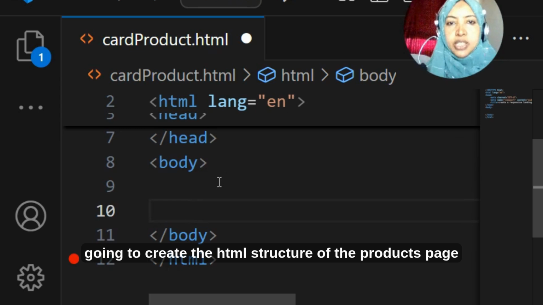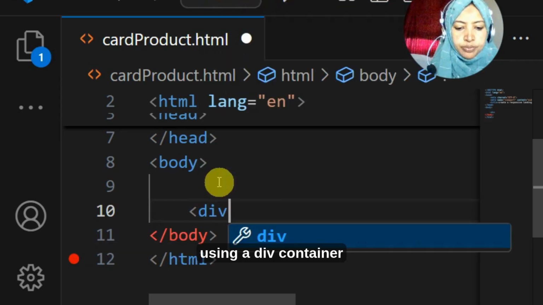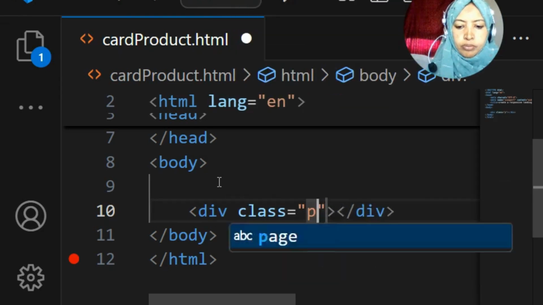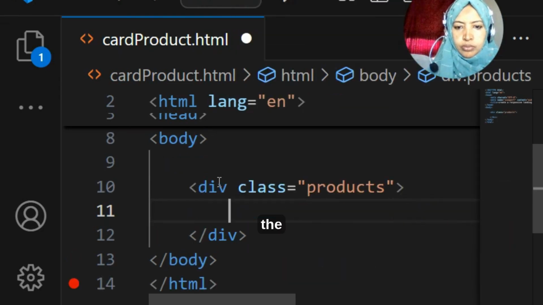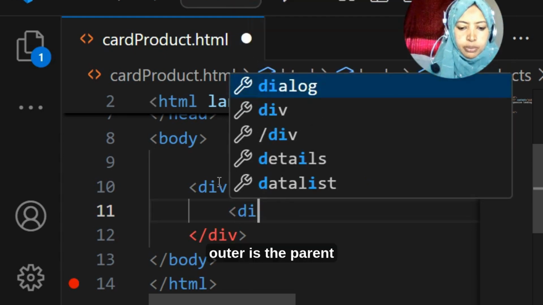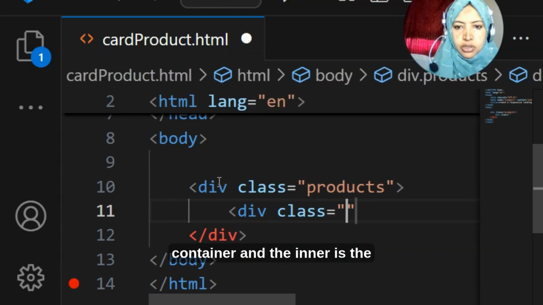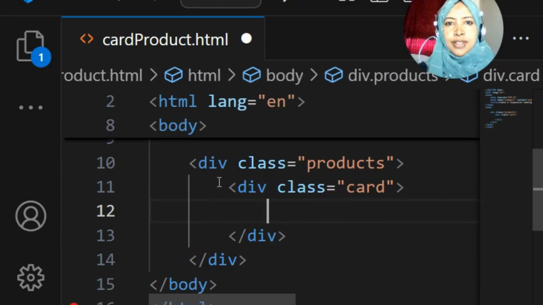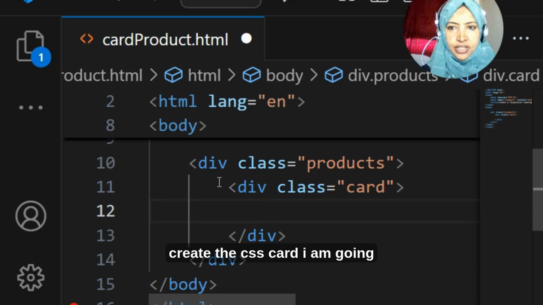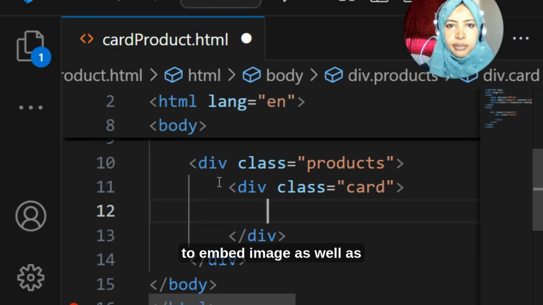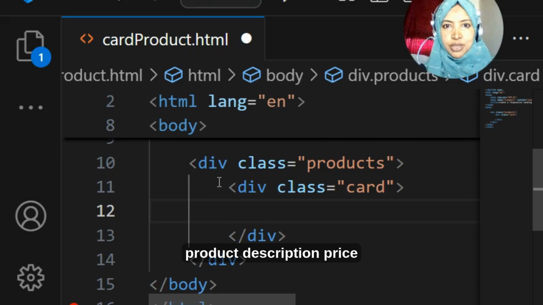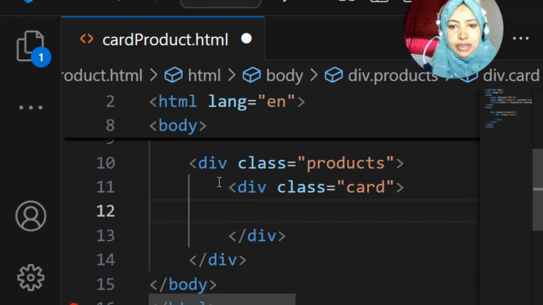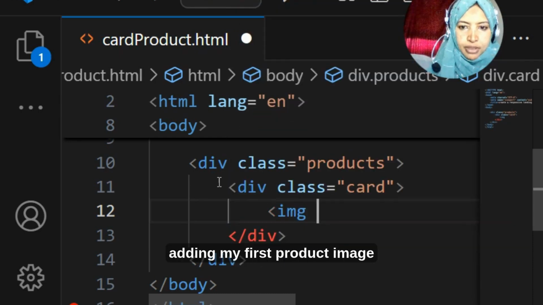I'm going to create the HTML structure of the products page using a div container. The outer is the parent container and the inner is the child, or the card. To create the CSS card, I am going to embed an image as well as a product description, price, and a call to action or button. Adding my first product image,